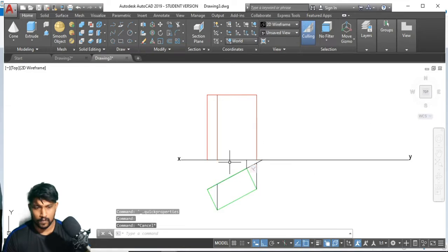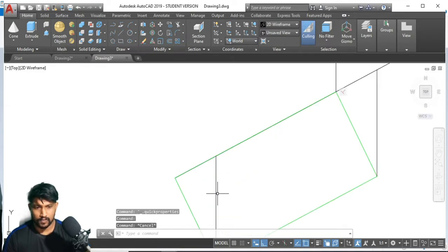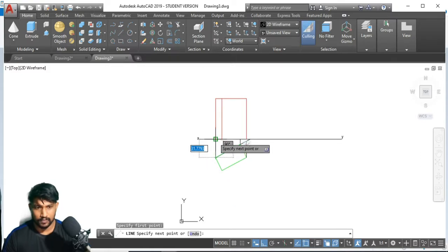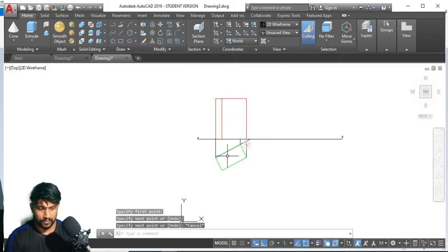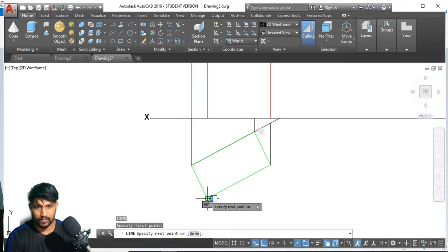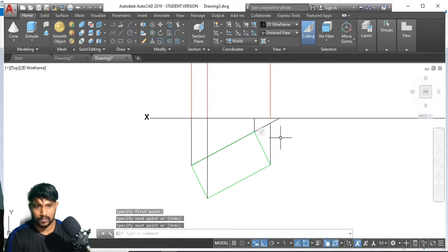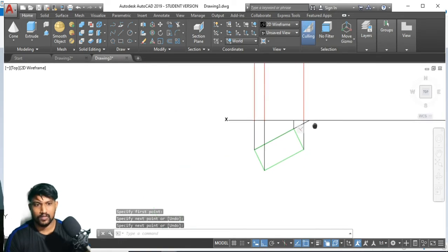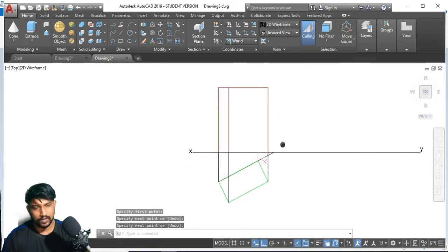Now the projection lines can be seen here. You guys can notice which one is a projection and which one is actually a view.